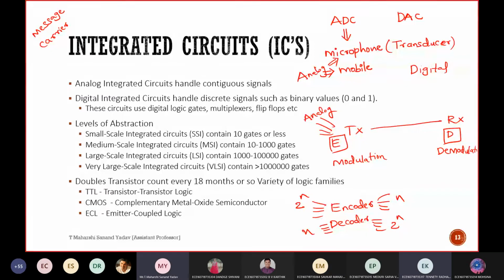Superimposing of message signal on carrier signal. Why should I do this? Without using carrier, can't I send the information? Suppose let us consider I'm at Hyderabad and I want to transfer some information to Bangalore. Now without using carrier, can I send that message signal directly?